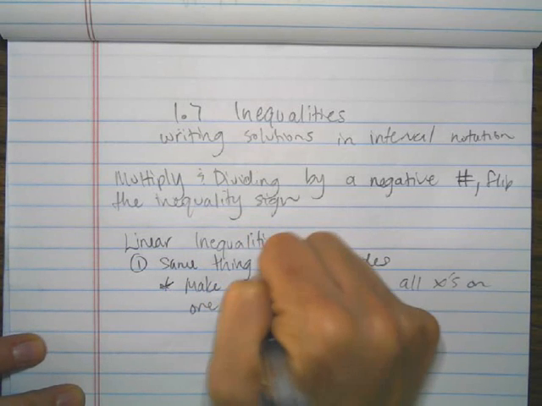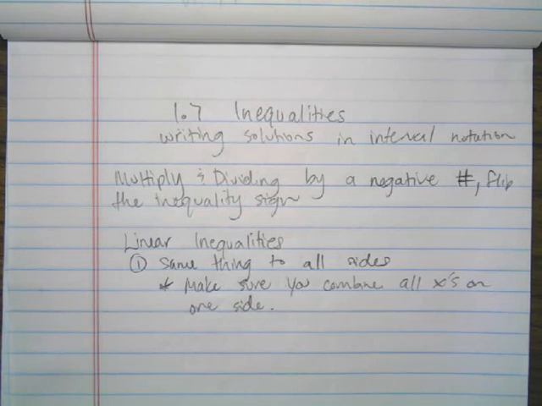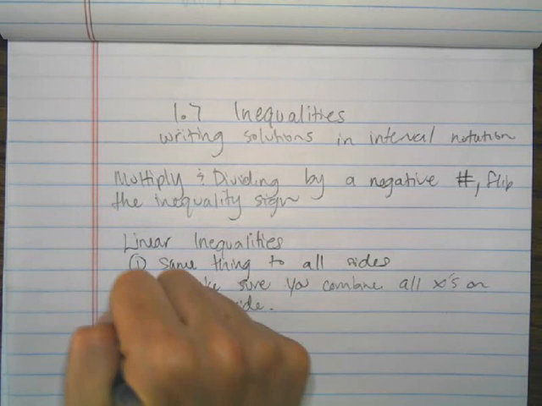-9. And now what do we have to do to get the x alone? Divide by -2. When we divide by a negative, what do we have to do? Good, flip the sign. So 5 is greater than x, which is greater than or equal to 9/2. And I like to write it as 9/2 is less than or equal to x is less than 5,